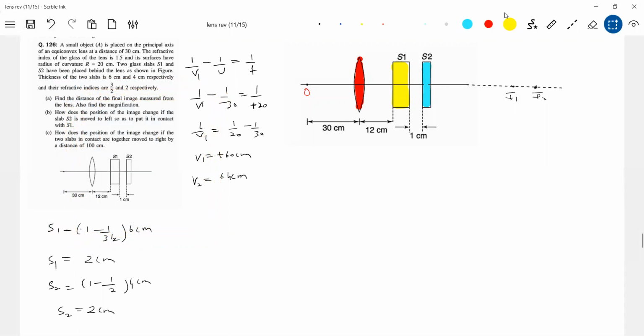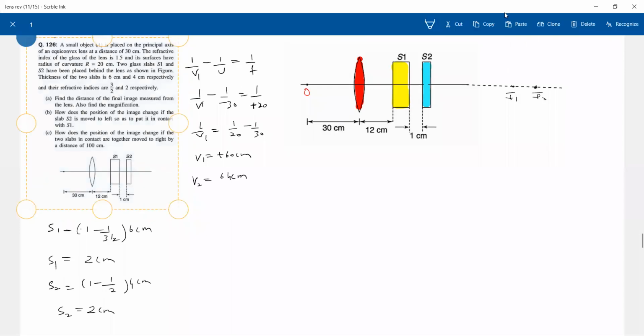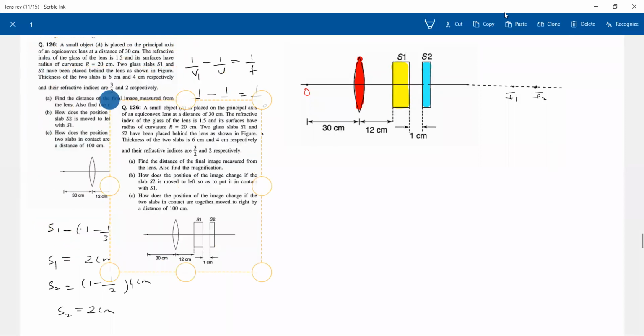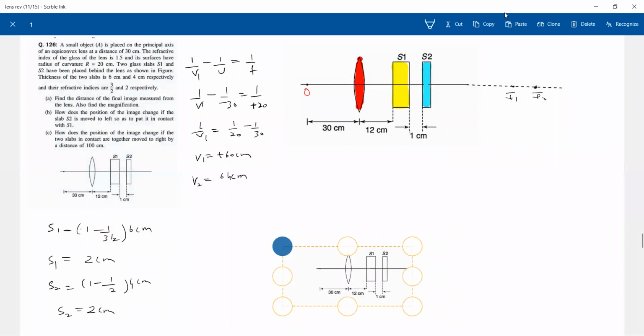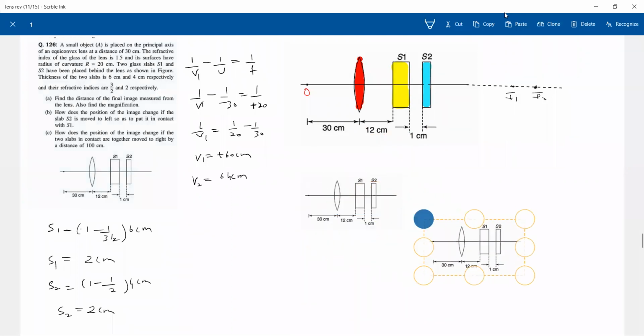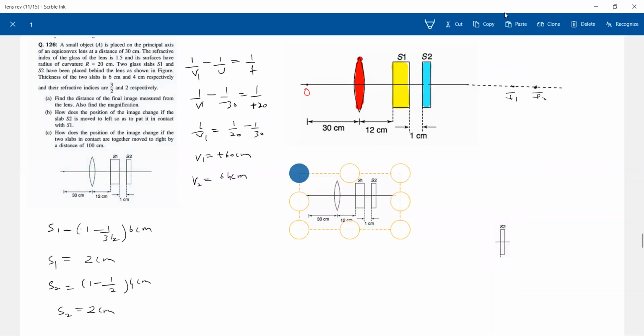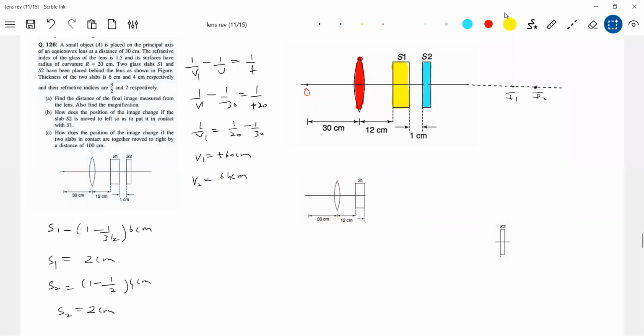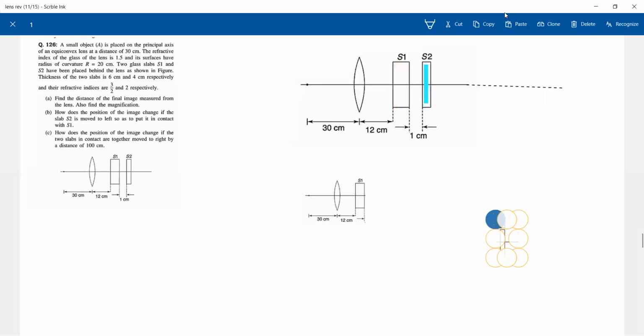Sir, it will shift forward, no, sir. Okay, right, no? 60 centimeter minus 4 centimeter, 56 centimeter. Yes. Shift will be in the direction of incident ray, no? Shift will be towards right or towards left. Just tell me only that particular point. So it will shift towards left, no, sir.